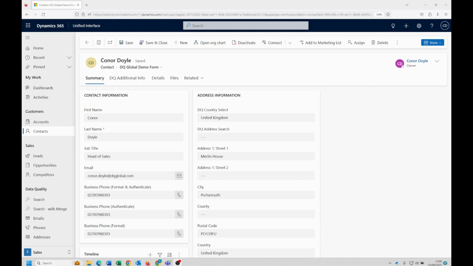There are three main scenarios when you'd use this solution. Number one is if you had a bulk set of data that you'd want to cleanse. So if you had 100,000 emails, phones, or addresses that needed to be formatted, verified, or authenticated, you would want